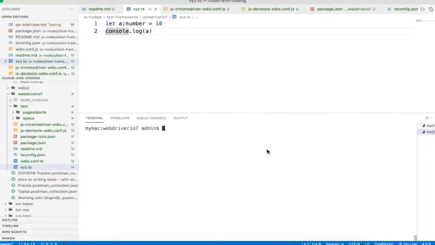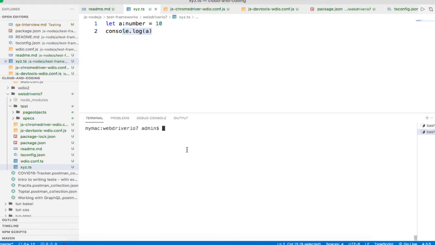In this video, I'm going to explain the difference between node and ts-node command. So I have got a very simple TypeScript file here, as you can see, xyz.ts, and all it is doing is just putting this 10 into this variable a of this type number. So in TypeScript you can specify the type for the variables, and here you can see this variable a is of the type number, and all we are doing is just printing that variable value.